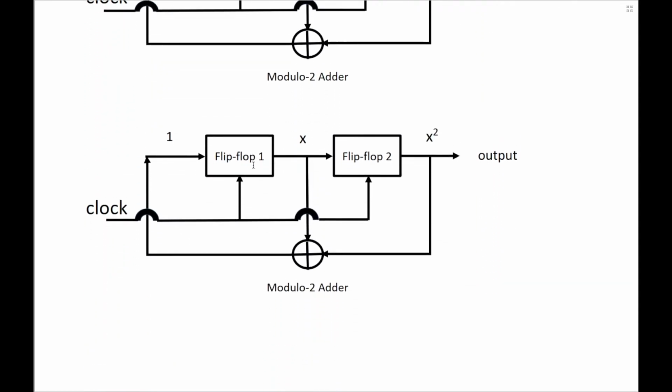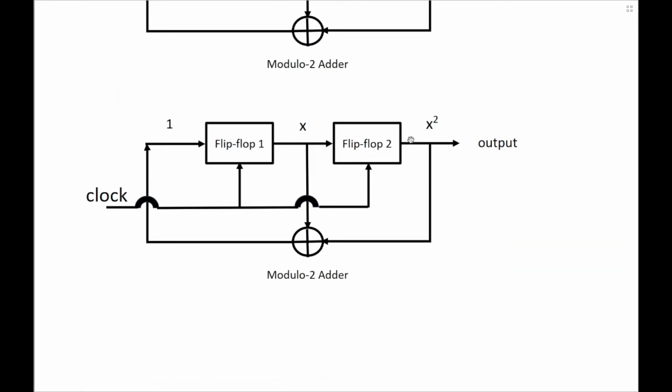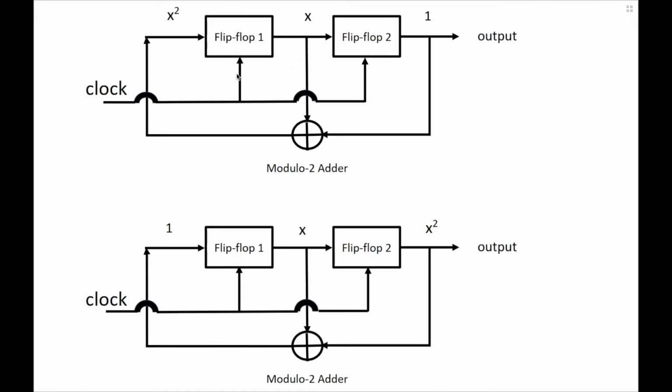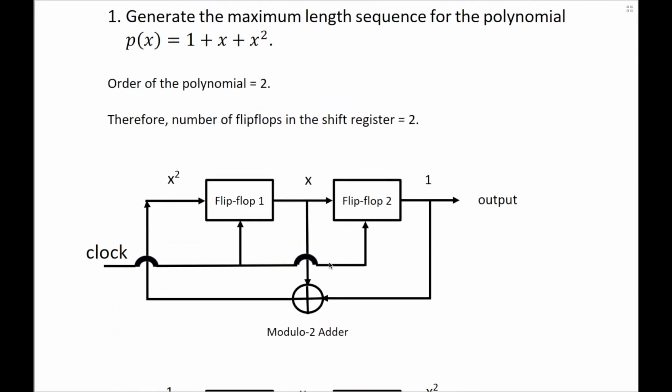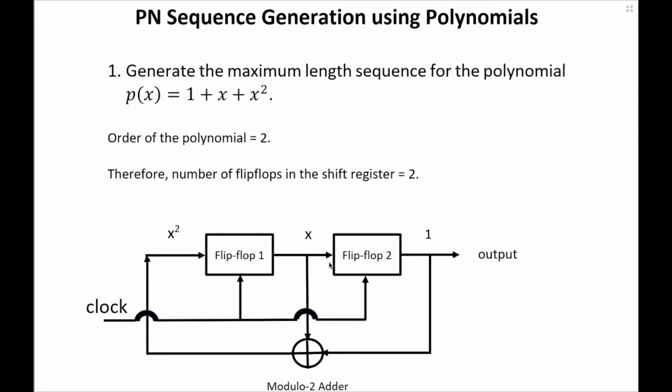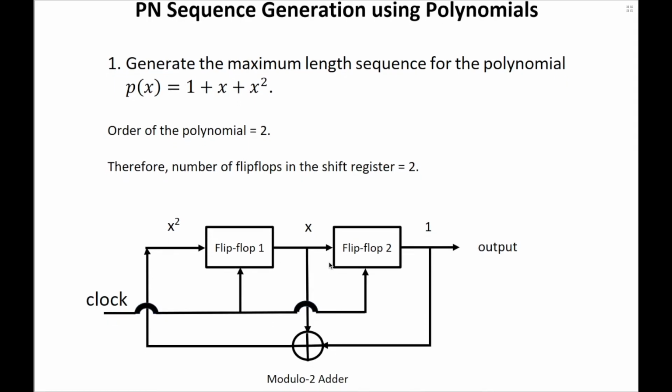So, I have to now add the elements x and x square to create the feedback path. If you compare the two diagrams with different conventions for labeling, you will note they are exactly the same. However, please note this is only true for the polynomial given and need not always be like this. In certain cases, when you have a higher order polynomial with some of the elements missing, for example, here we have 1 plus x square, all of them are linearly appearing.